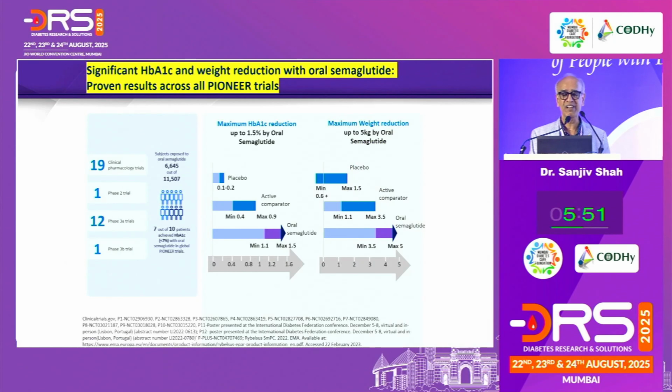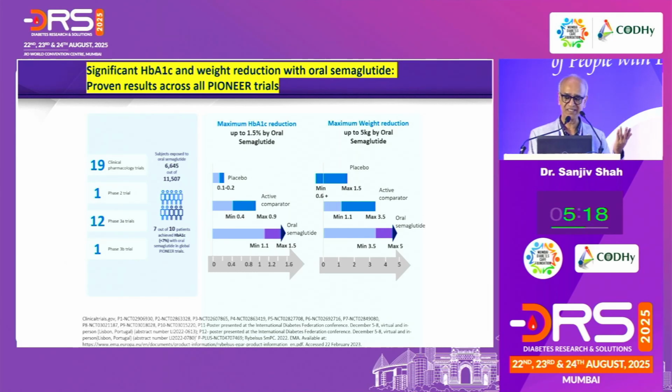Across different clinical trials of oral semaglutide, 19 trials, 6,000 patients, if you are looking for a larger A1C reduction, you have up to 1.5% A1C reduction, which was there with dulaglutide in some trials. So all three, liraglutide, dulaglutide, and oral semaglutide, stop close to 1.5% A1C reduction as a glycemic efficacy at a modest 8 to 9% A1C baseline.